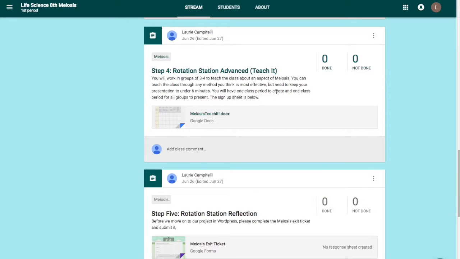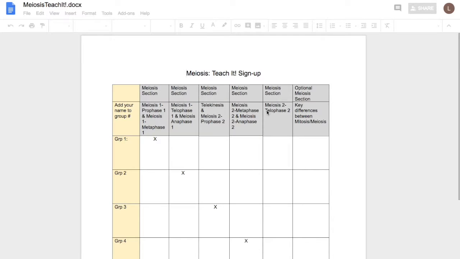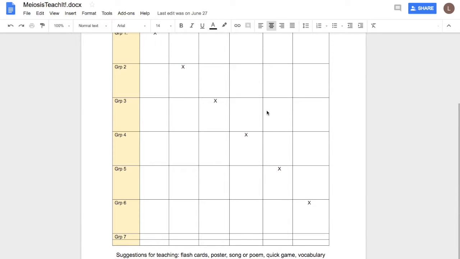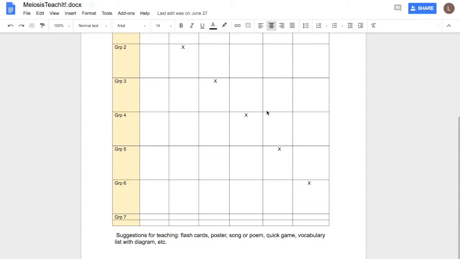Now they're able to elaborate on their knowledge. So they'll be teaching it. They'll break up into groups of 3 and 4 to teach an aspect of meiosis. Once again, a sign-up sheet. Either they can self-assign or the teacher can assign, and suggestions for teachings include flashcards, poster, song, poem, quick game,